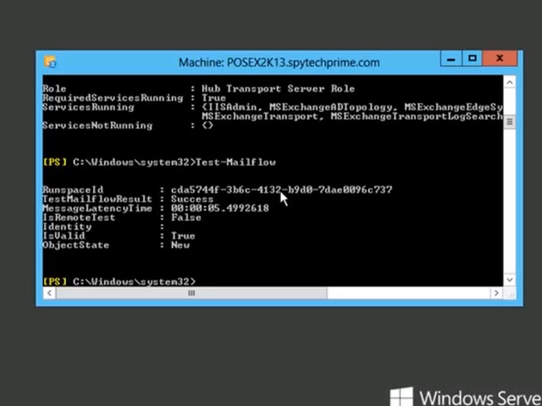But again, remember, these commandlets are helpful to an Exchange administrator, and we might use these in terms of testing and seeing if things are correct for configuration purposes. Maybe when we're setting up Exchange Server for the first time, we use some of these commandlets to make sure everything is working properly. Or if we're having some difficulty, we might read through forums. You should try these various test commandlets, and it will indicate what we're looking for in order to get responses back so that we can post that and get information back. So the various commandlets here are very helpful for